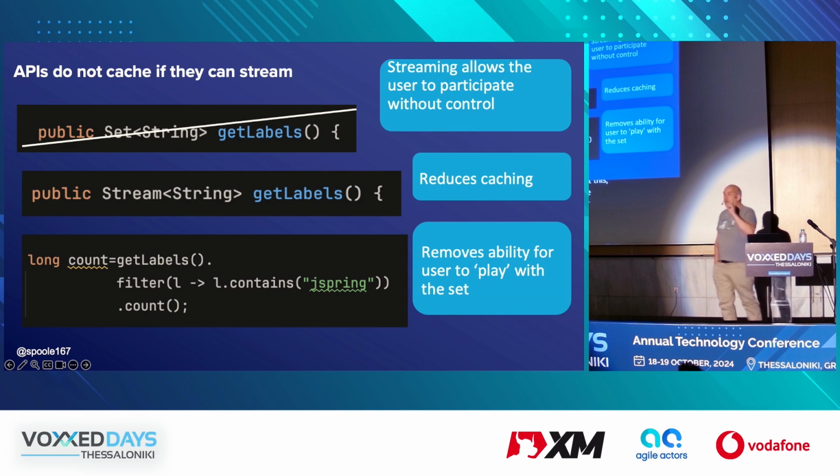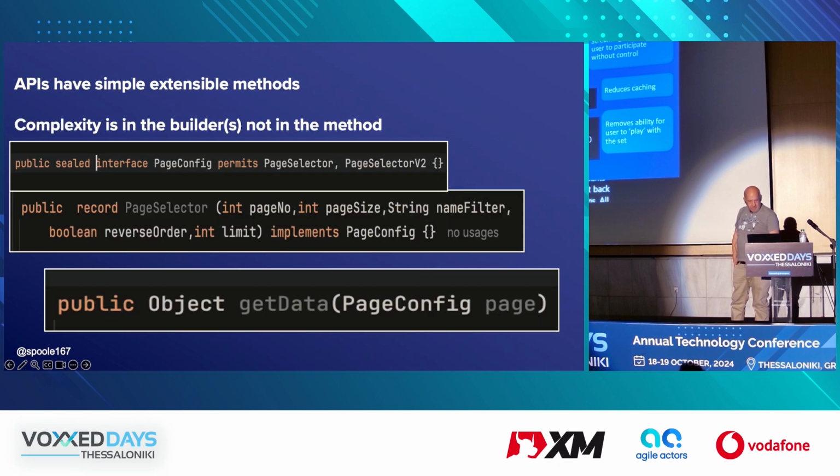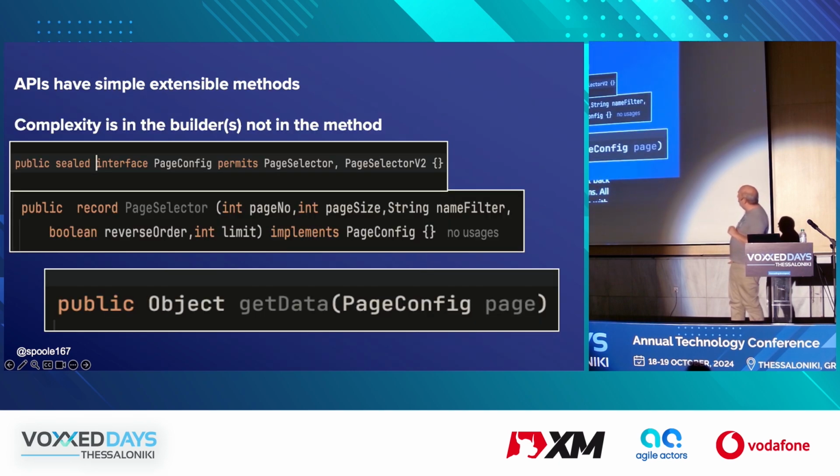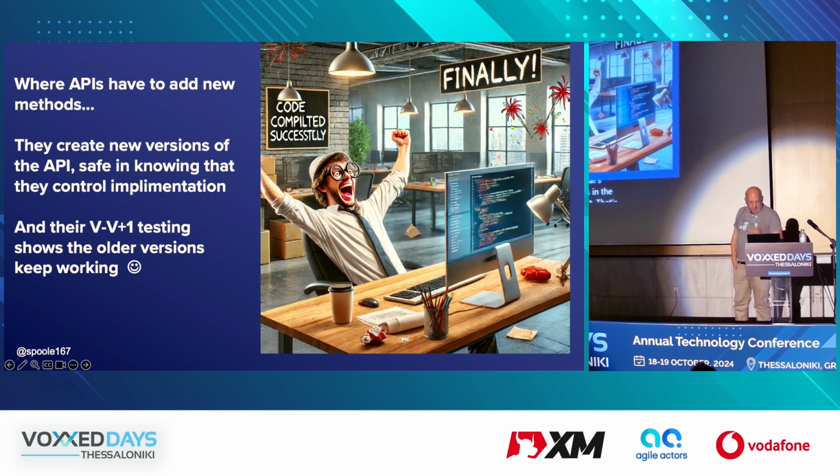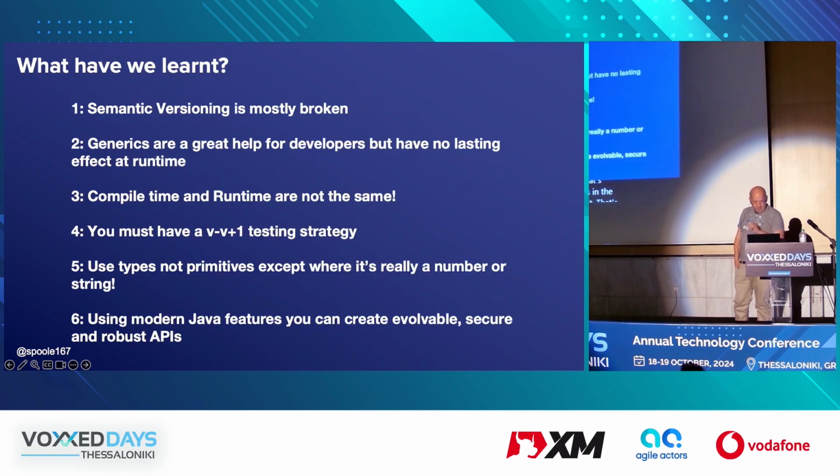Streaming reduces memory usage, but it also helps you enforce this consumption pattern. You want the pattern where your API user calls you to set up a policy for what it wants from you, and then you give it back to it. And if you do it in streams, all their code can be here dealing with that stream. So I think that's what I really said. Complexity is in the builder. That's where you put it. That's your API. Ta-da! So there we go.